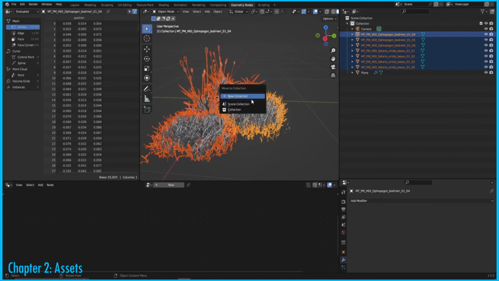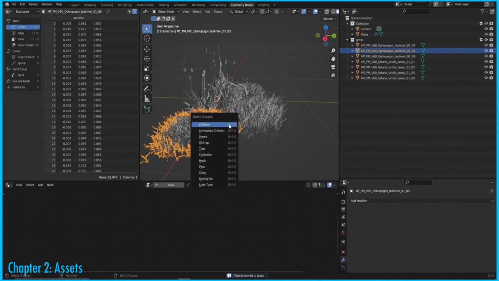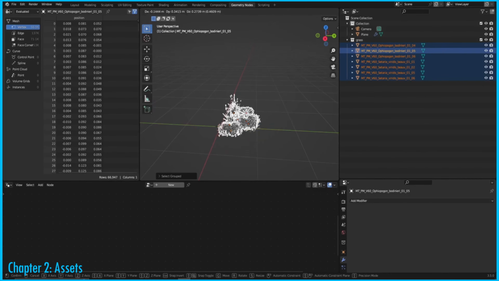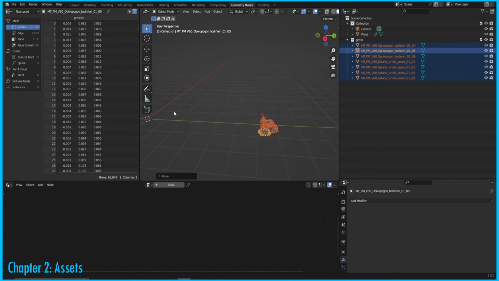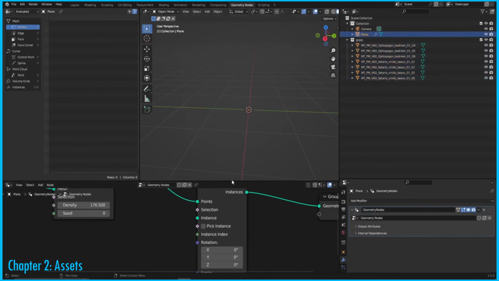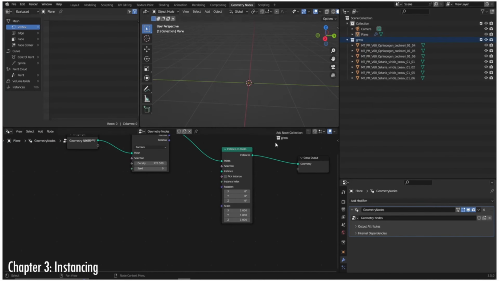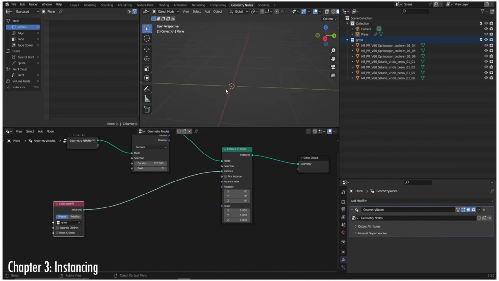Select all, put it into a new collection. We can call this grass, and we can click on one, press Shift G, collection, so that we select everything and just move it to the side so that we don't see it when we work on our geometry nodes. Now back to the geometry nodes. We want to drag this whole collection into the geometry nodes tab, and we want to plug it into the instance. Now we can see that nothing really happened, and that's because,